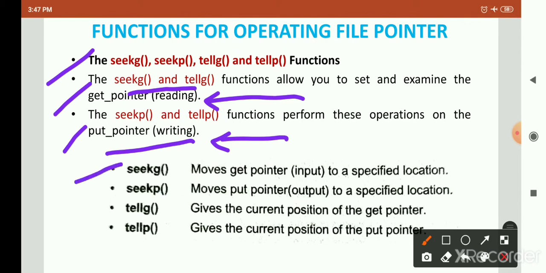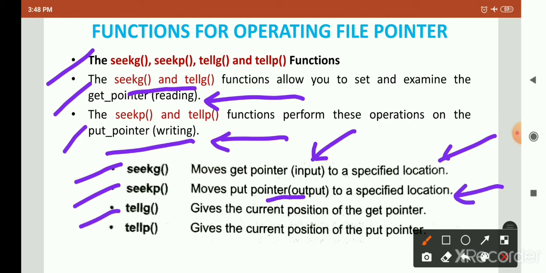Here is a short description for this point. seekg moves the get pointer, that is the input pointer, to a specific location. Then seekp moves the put pointer, that is the output pointer, to a specified location.